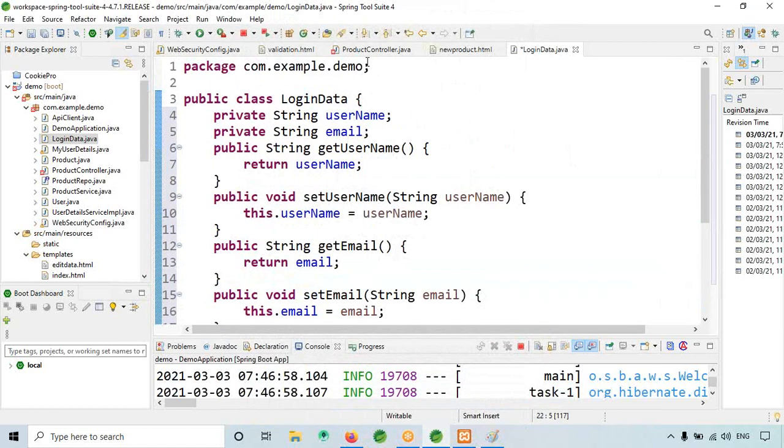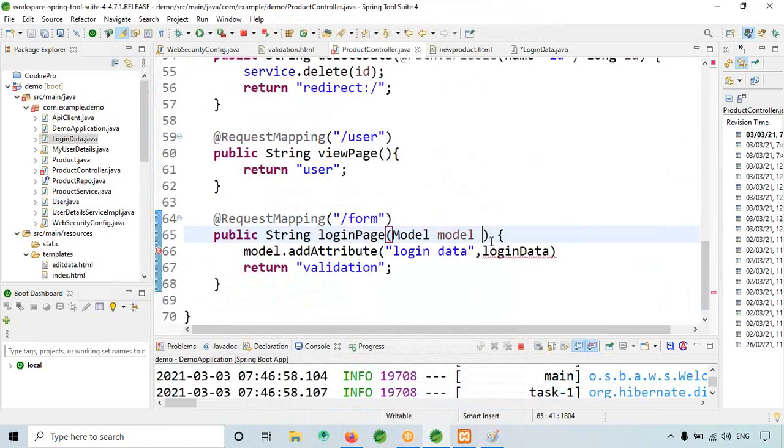Okay, so for that I have given model, login data, login data.